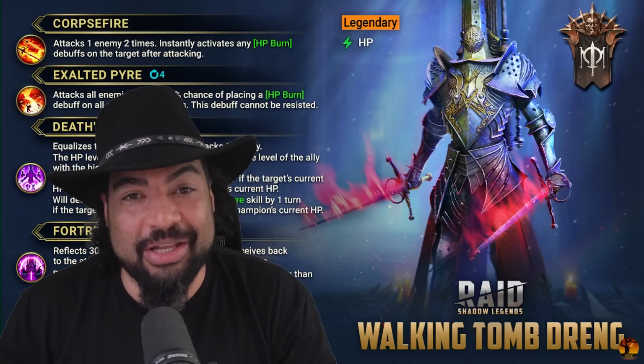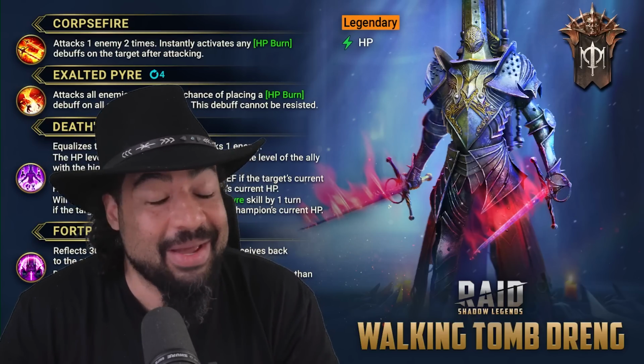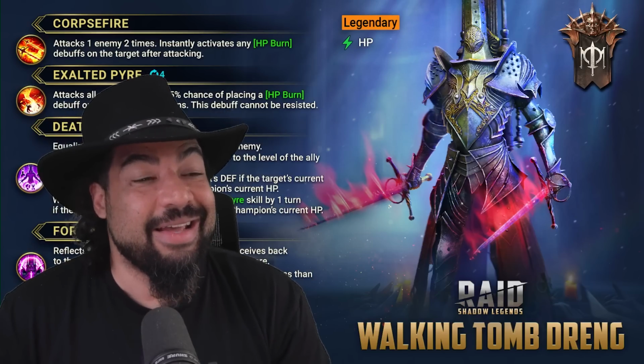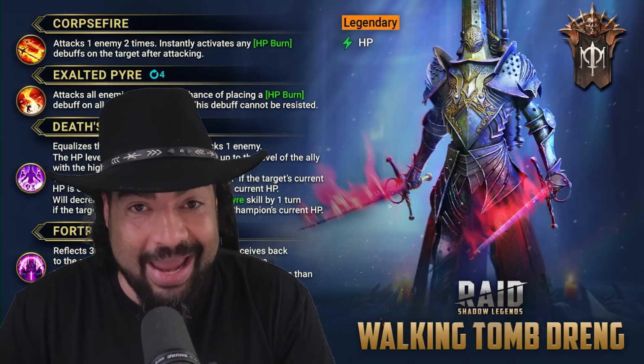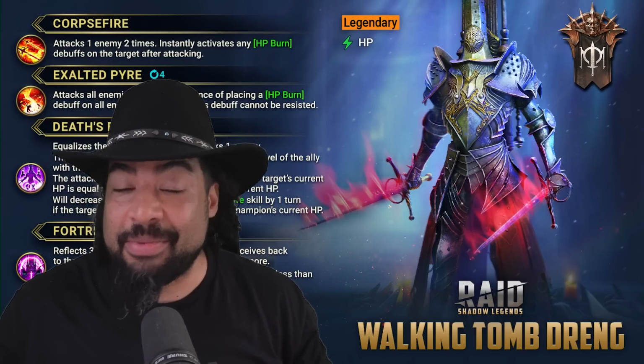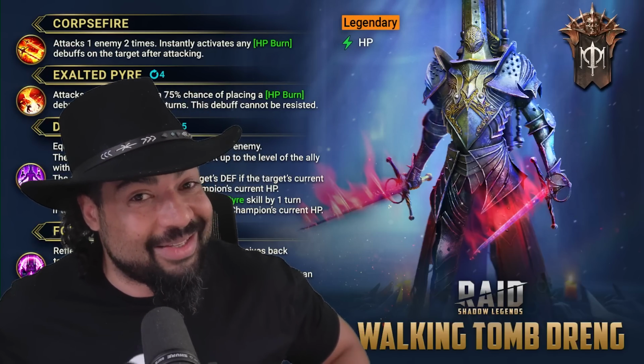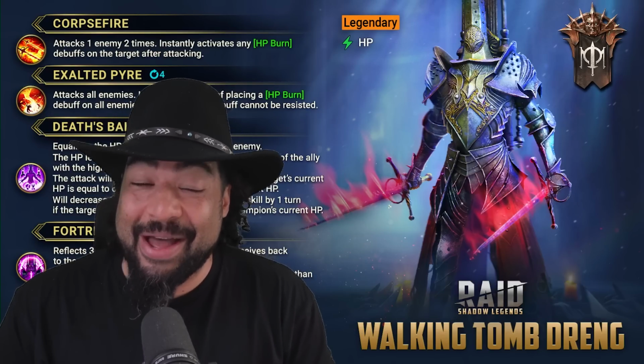This is another Raid Shadow Legends video, and yesterday we got notice that we were going to have another Fragment fusion coming up. This looks like another good one, guys. It's going to be for Walking Tomb Dreng, and I mean, he looks really good. Obviously, we never know until we fully test him, and I do have access to the test server, so I do plan on doing that. But for the moment, we just have his kit to talk about,